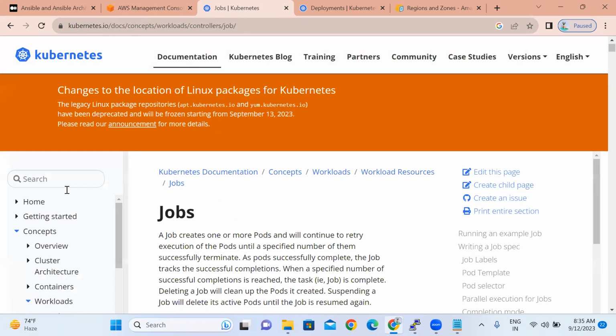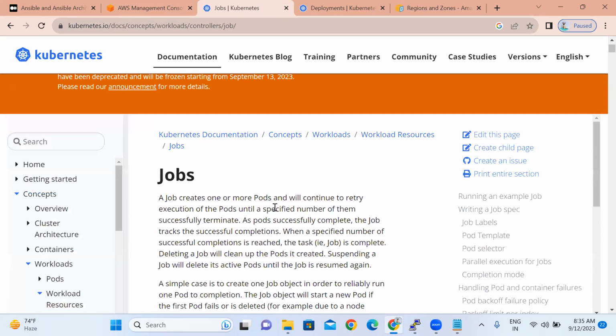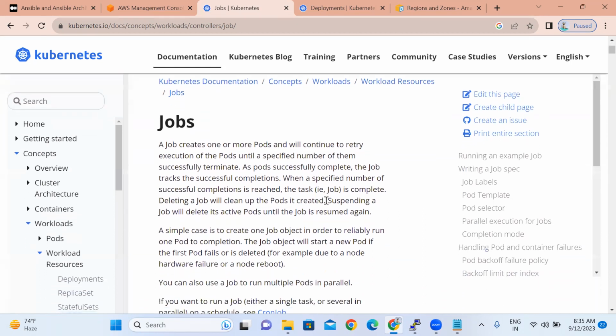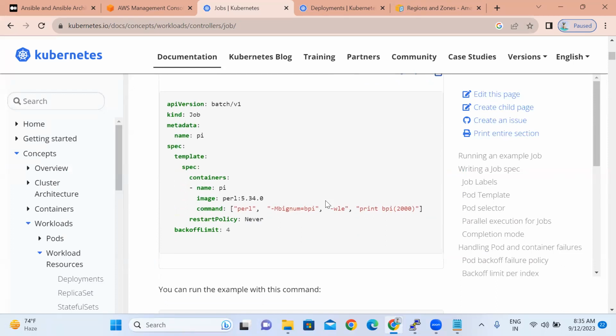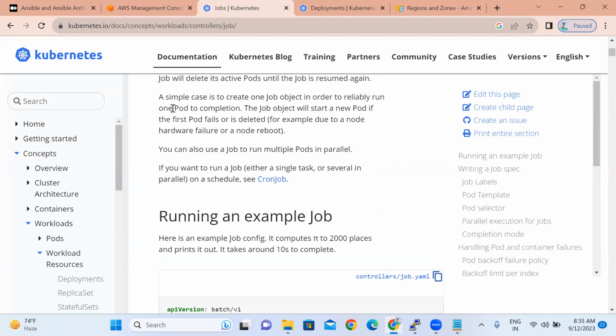The only one time we want to execute a job creates one or more pods and will continue to reiterate the execution of the pods until the specified number of successes. So when you just want to execute a Python script or maybe a backup script one time, it will run. But a pod would be continuously running. If I want to execute this Perl script, or maybe one Python script, and I want to run it only one time, then go for